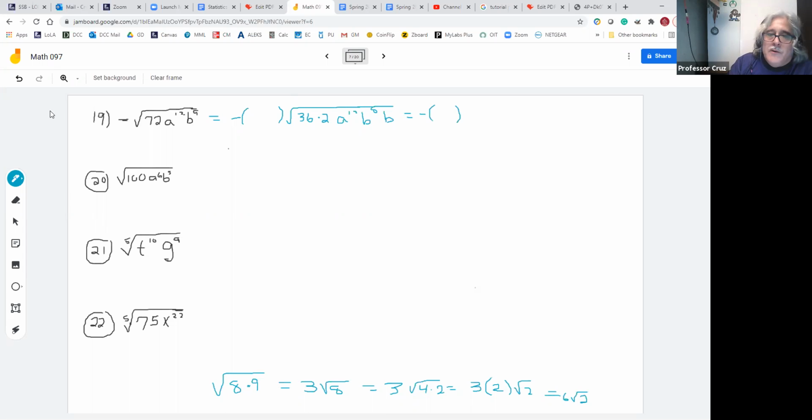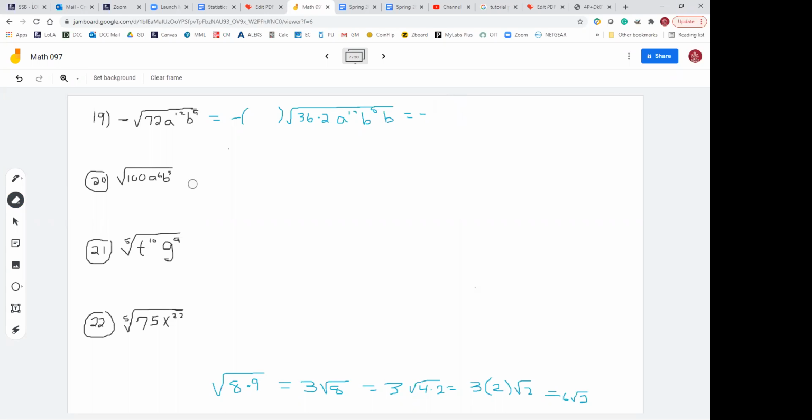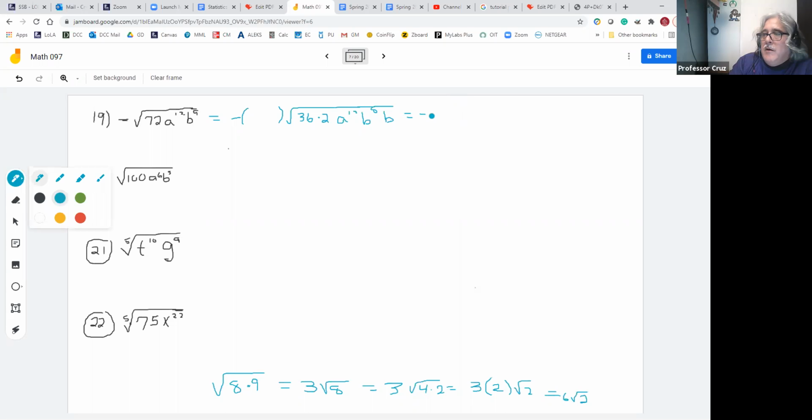Probably I didn't need to put that there yet. But whatever goes out in front is going to be negative. All right, so put all the